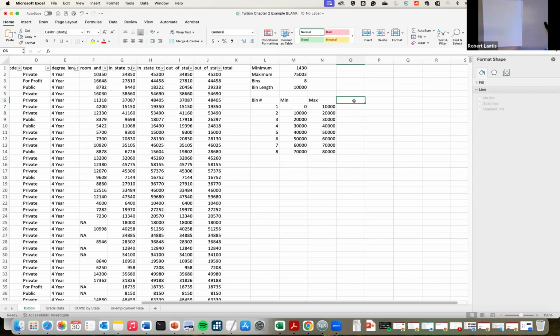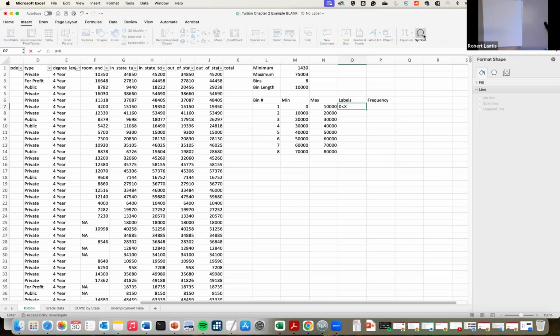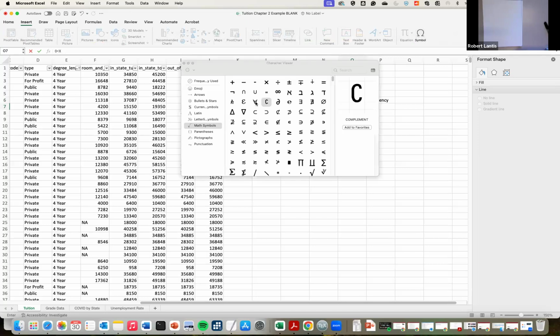Now from here, what we want is our frequency. So I've got the maximum minimum of each one of these. Now I'm going to include I think one more thing here, just to make this easier. This will take a little bit of time. But what do I want? I want to call these my labels, right? So this is going to be 0, greater than 0. Here's our random variable X, right? For representing kind of tuition. And then not less than, I'm actually going to put in a symbol here, which is